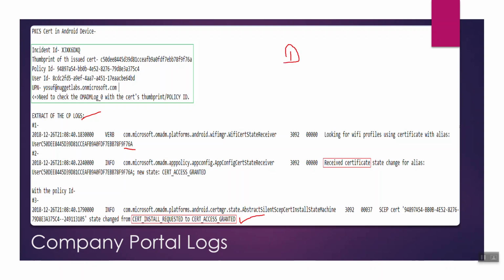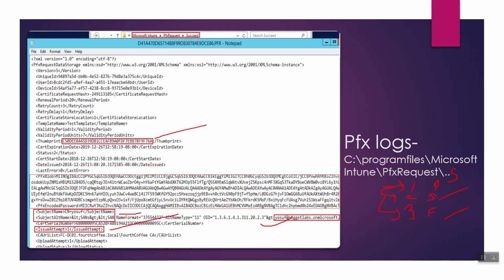Okay, this is the end device. This is not the portal or the server. This is in the intranet. This is in the internet. So this company portal log from this end device is showing that a certificate has been installed with the thumbprint ending with F76A, which matches with the thumbprint which we were able to see in the server, F76A in the PFX logs,